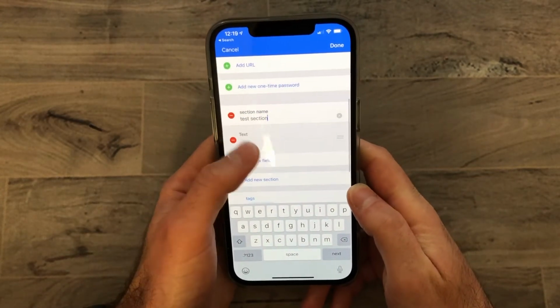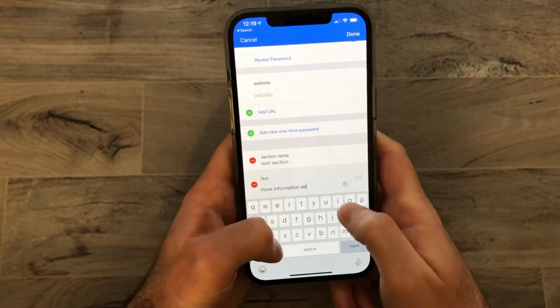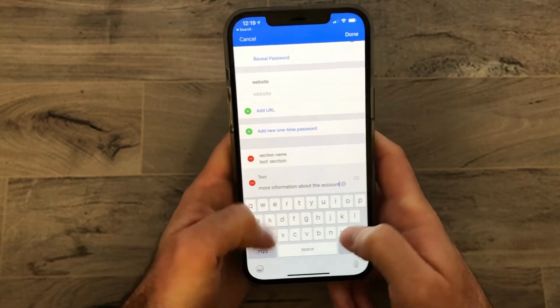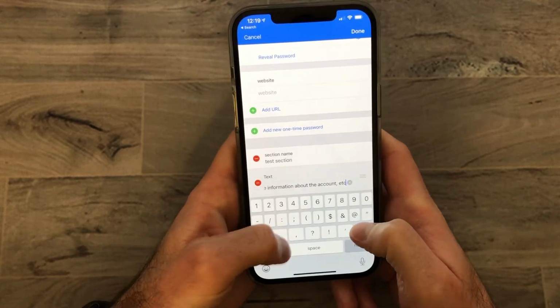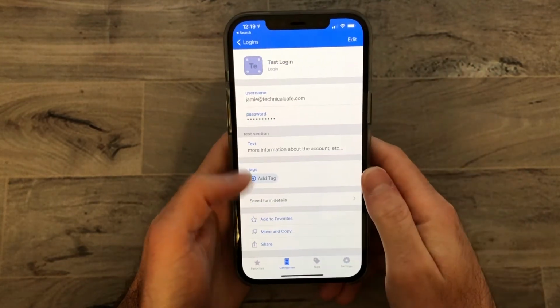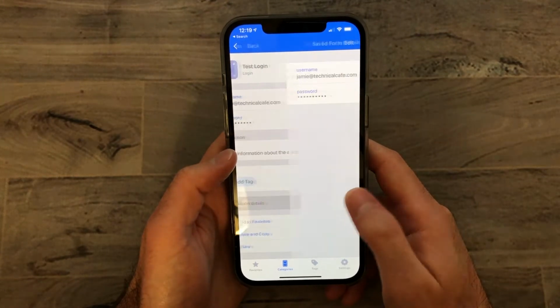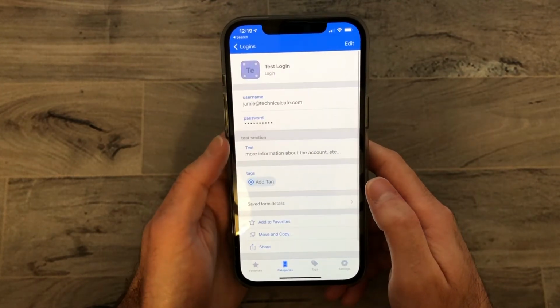There's a whole list of pre-populated ones, or you can create your own type of account if you'd like, and then you can just go ahead and enter in your username, your password, email address, and even other data if you want, as 1Password allows for a variety of custom fields as well. So maybe you're signing up for a website that requires a PIN or a security question and you don't want to forget it. Go right ahead and log it into 1Password, and you'll be able to just pull it up